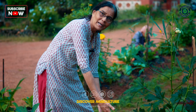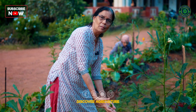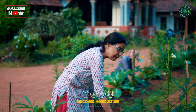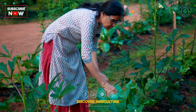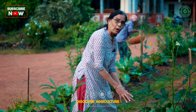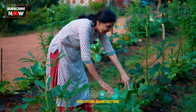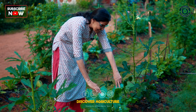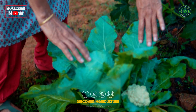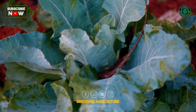See, it's a cauliflower plant. You know, cauliflowers are very much attracted to butterflies. The moths and butterflies come and lay eggs and they hatch. And the flowers of the cauliflower, during the flowering stage itself, are eaten up by a lot of larvae of these different pests. So there is our friend. See here, I don't want to disturb him. This is our friend, which really helps us by eating up these pests which disturb,